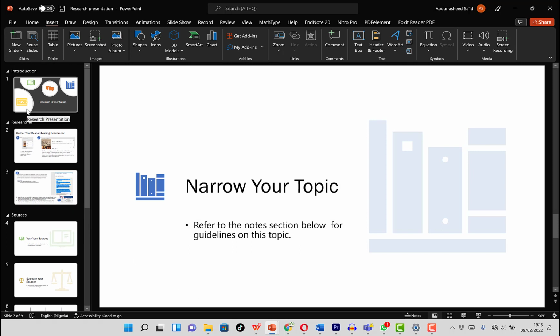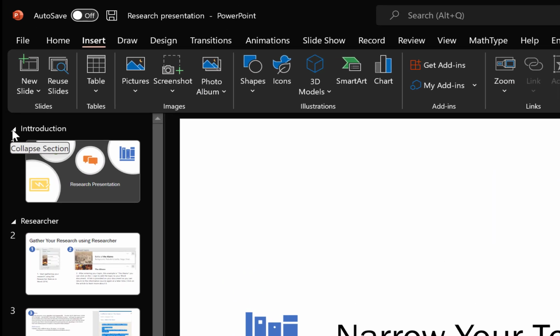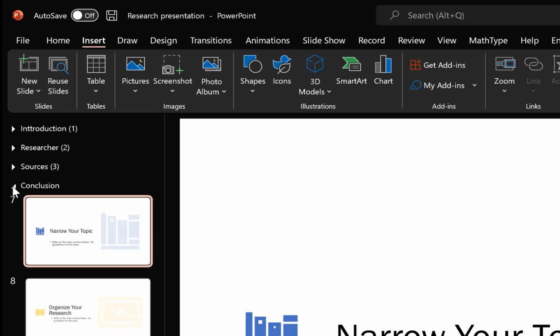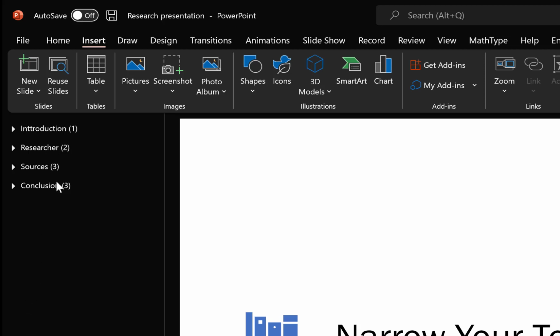What we have just done is simply create sections for the entire slides. When you come to the far left over here, you can see we have a small collapse arrow. You can just click and it's collapsed. You can click and it's collapsed, and it makes our slides very easy to navigate across, because you can see